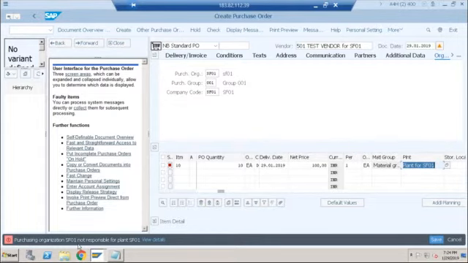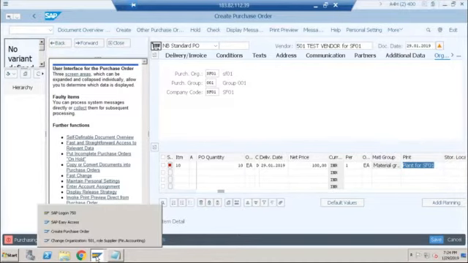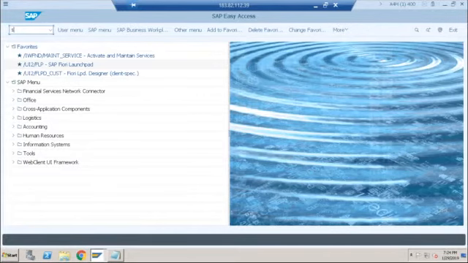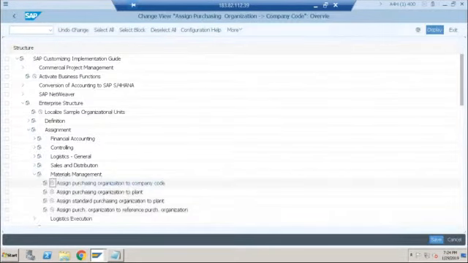Purchase organization is not responsible for this plant. So I think there is an assignment missing. Yes. Purchasing org to company code and then purchasing organization to plant.